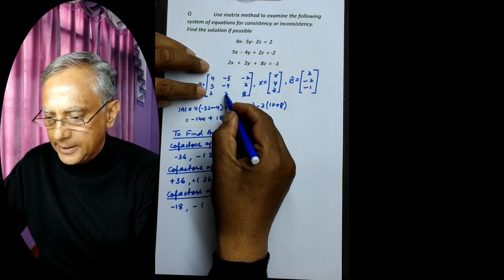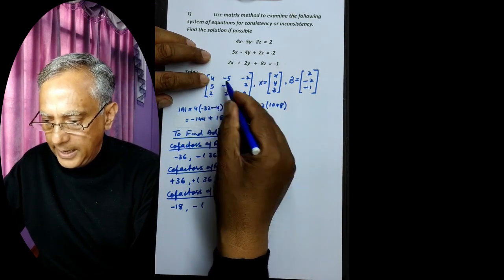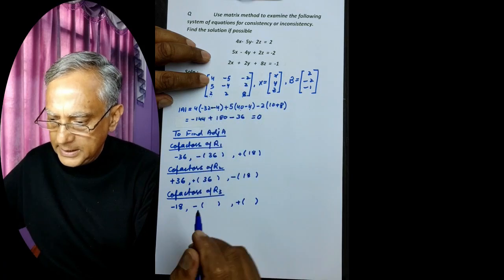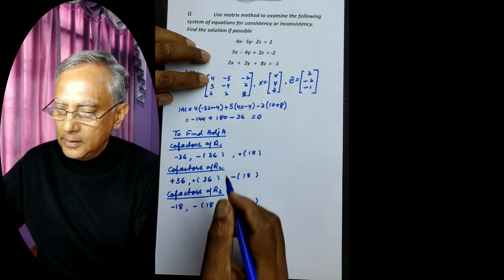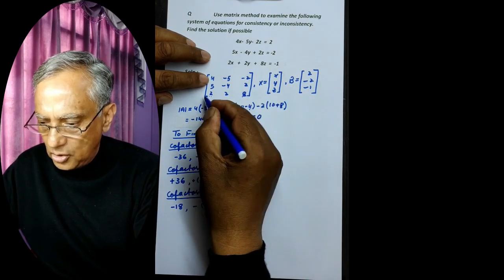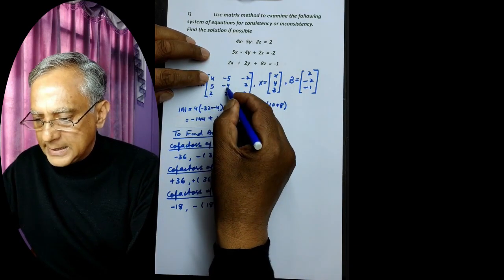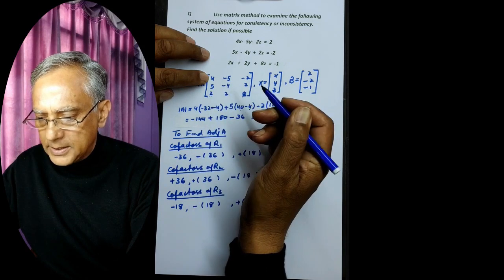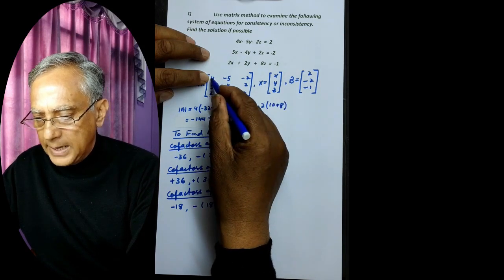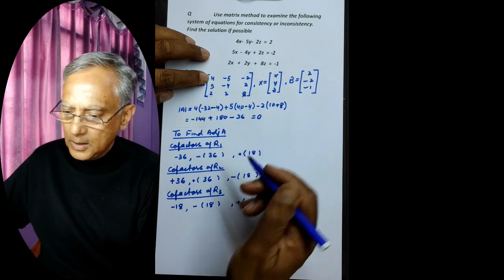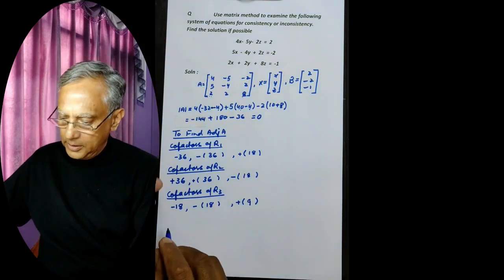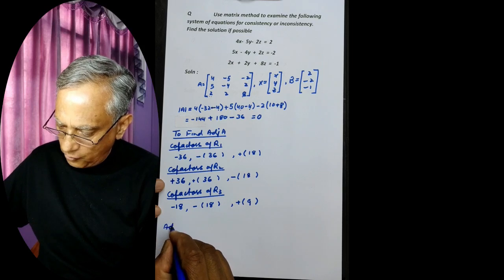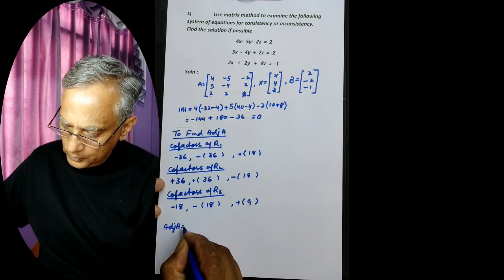So now this entry, this is gone, this is gone. 8 plus 10. 8 plus 10 is 18. Next entry is this. This is gone, this is gone. Minus 16 plus 25. That is 9. Therefore, adjoint of A is equal to